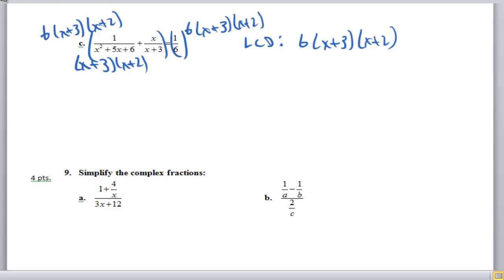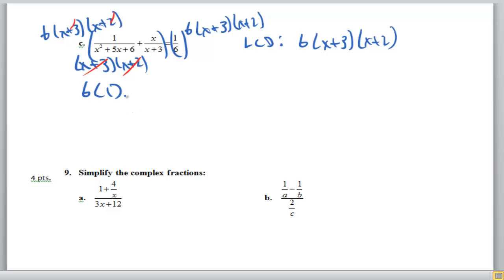And you can do a lot of writing with this problem if you want to, but I think that just causes a lot of trouble. So bottom line with this is what happens when you multiply this LCD by the first term here, the x plus 3 and the x plus 2 cancel out with the x plus 3 and the x plus 2, and you just are left with